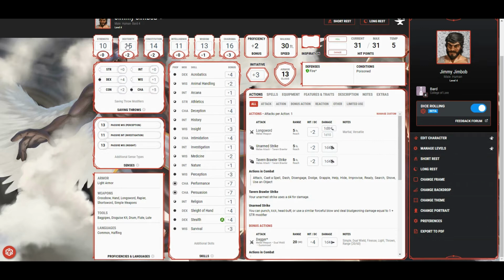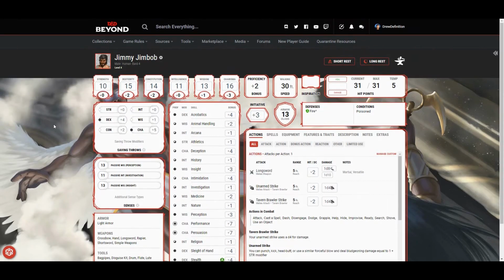so you can change the framing around your character, little colors around your borders and things, and then preferences if you want to change certain options on the website itself. Not a whole lot to worry about there. Top right, you've got your short rest and long rest buttons, as well as a builder thing to go into the managed character. It kind of does stuff that's in here,